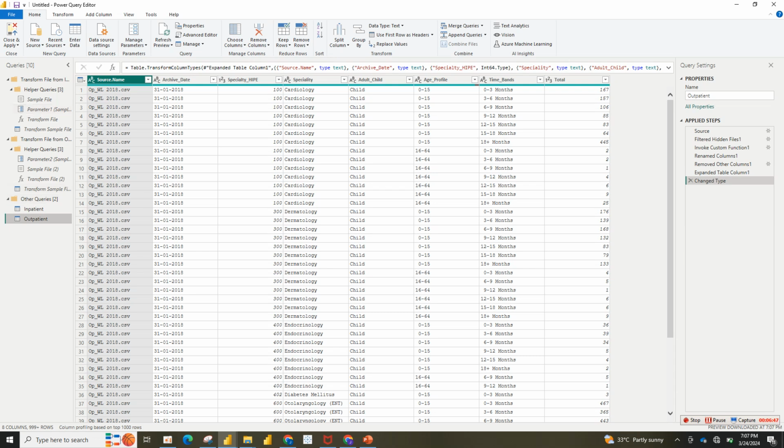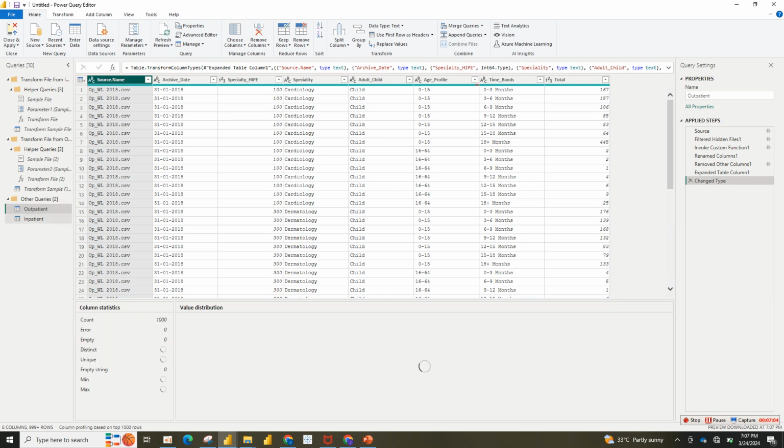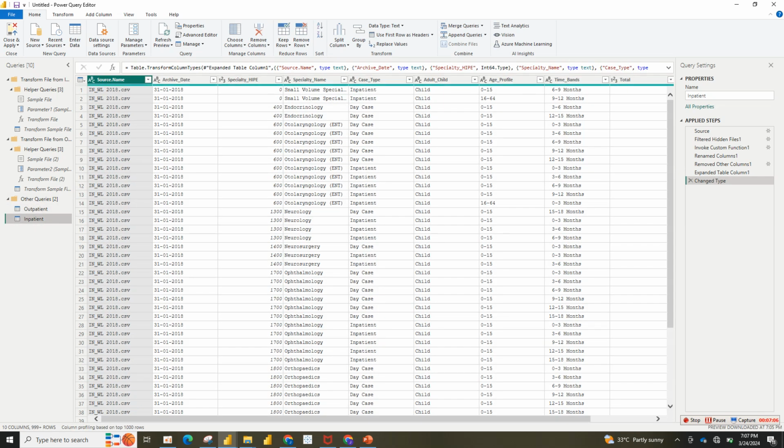So now, like I said, you don't need to worry yourself about all of this. We are going to be focusing on the inpatient and the outpatient. That's our focus. Now I want this data. We have this data, inpatient then outpatient, but I want it to be in a single worksheet, like in